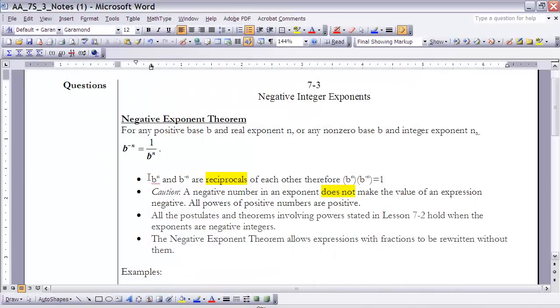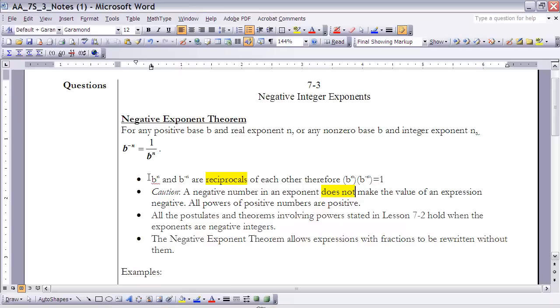Okay, these are the notes for section 7.3, negative integer exponents. If you haven't done so already, make sure that you pause the video at this time and read the section before continuing on. In this section, the whole section kind of centers around one theorem,